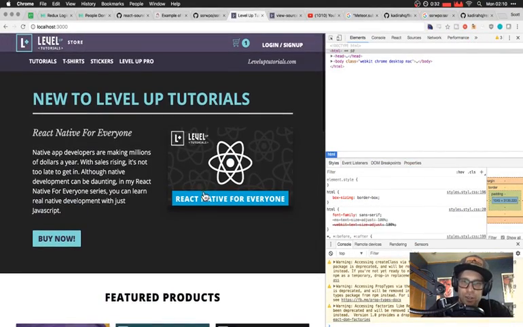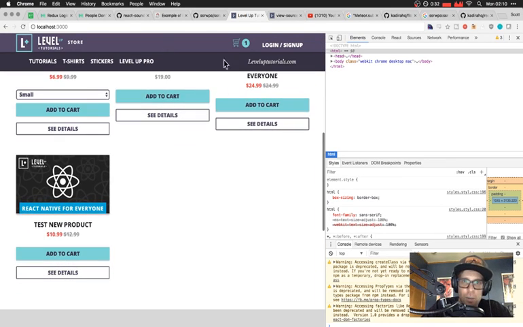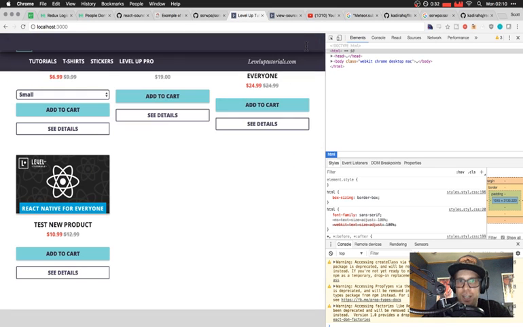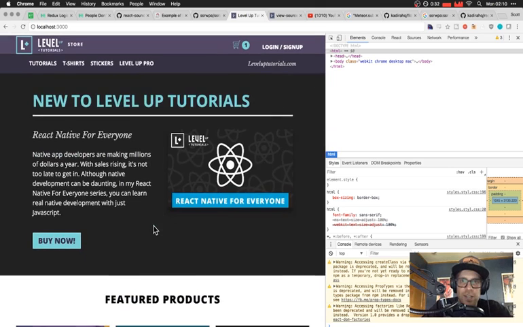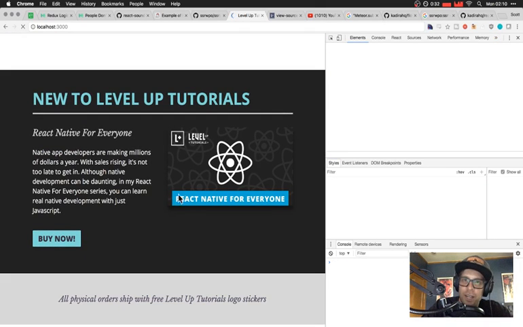Now, the one thing you'll notice is that we told the header not to server-side render. We told the featured products not to server-side render. We told the cart overlay not to server-side render, but they're all still here. They're all still here because, check this out, when I refresh, you're going to see a flash of stuff that's not working. So this part, a pop here, is white right now, not working, not server-side rendering, but it's loaded all this other stuff so quickly